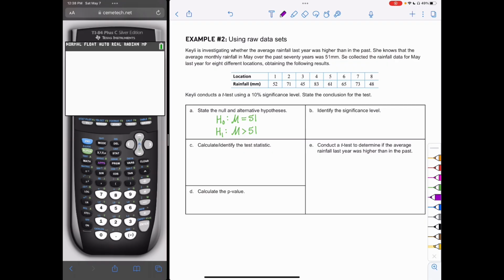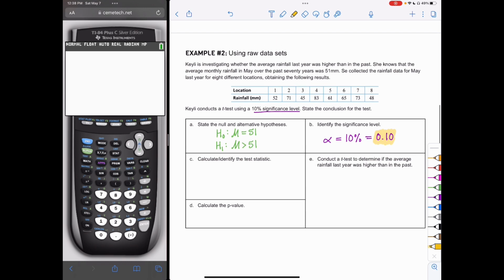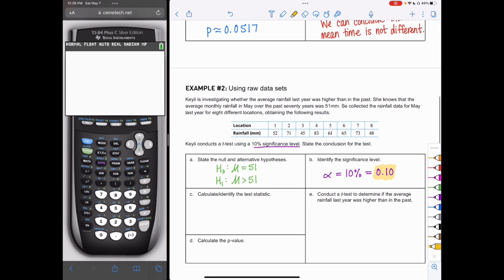The next thing we need to do in part B is identify the significance level, and we see that here we're going to use 10%. So we know that our alpha is 10%, which is equal to 0.1 or 0.10. The next thing that we need to do is calculate our test statistic. When we calculate the test statistic, we know that T is equal to